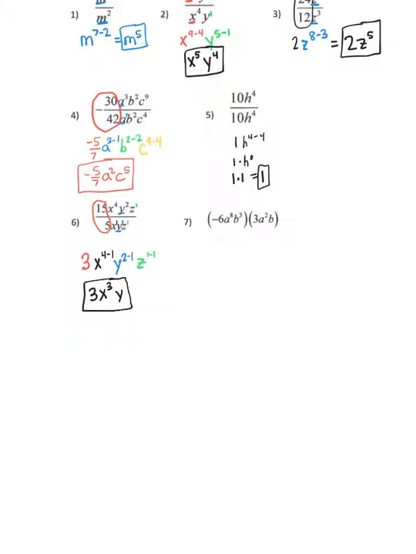Okay, for number 7, we're going to review multiplying one more time. So notice there's no division here, just multiplying our two monomials together. So I'm going to start by multiplying my coefficients out front. Negative 6 times 3 gives me a negative 18. Then when I multiply my a's together, I get a to the 8 plus 2. And my b's, I have b to the 3 plus, there's a 1 up there, so plus 1. This makes my final answer negative 18, a to the 10th, b to the